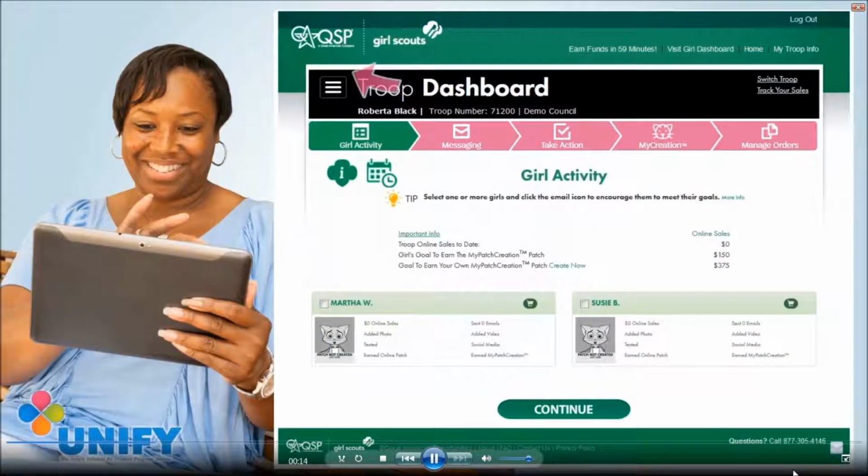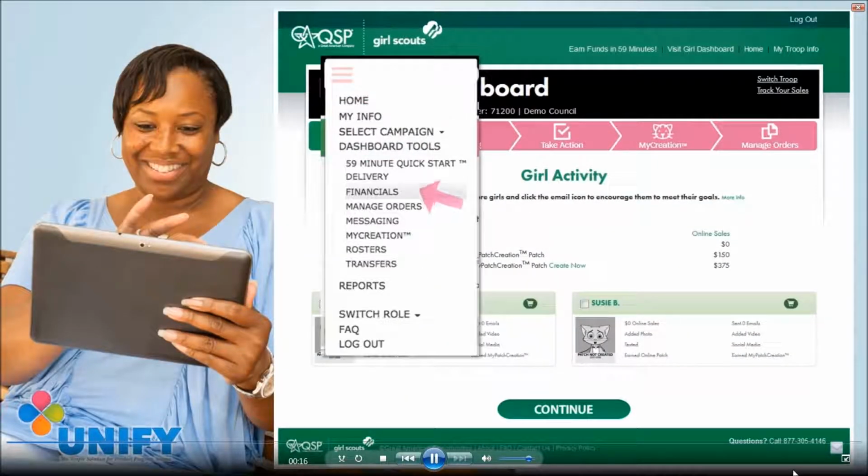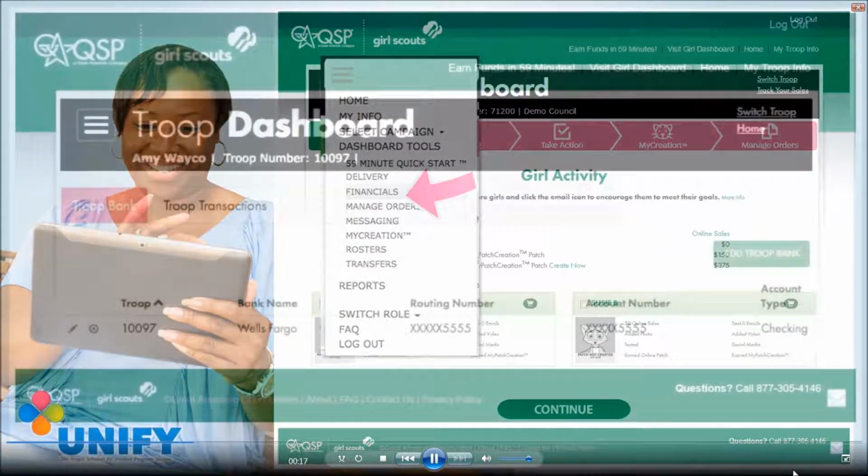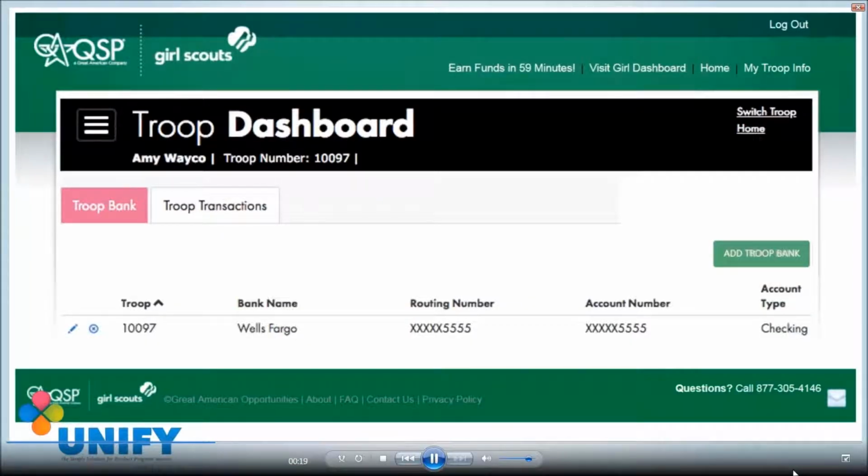From the burger menu, you can access the Troop Financials page. Once at the Financials page, there are two tabs, Troop Bank and Troop Transactions. The Troop Bank page shows your Troop banking information as entered by the Council. You may have access to edit the Troop Bank information if the Council has set the permission to allow troops